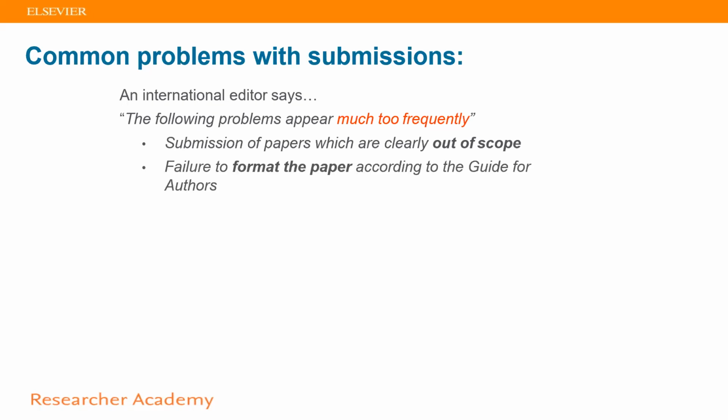The second common problem is the failure to format the paper. Once you have selected the right journal, you have to go to the website of the journal, and go to what is called the guide for authors. Once you go to the guide for authors, you can read exactly the main requests from the journal about the format, the citation style, and everything. I need to align my writing with the format that's requested by the journal. If I fail in that, your paper will be rejected.